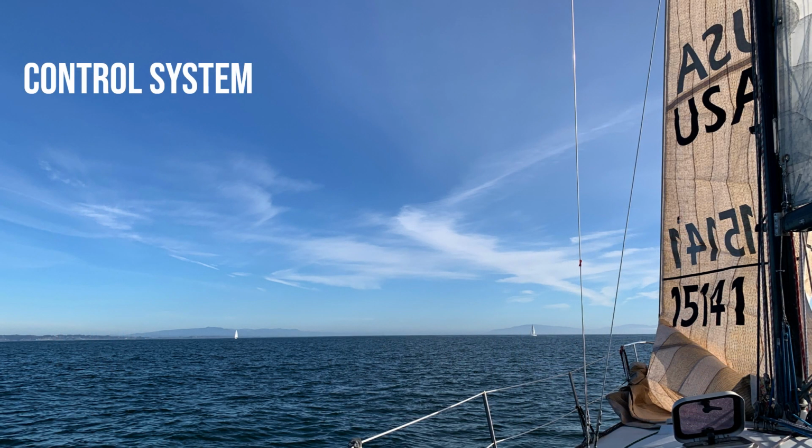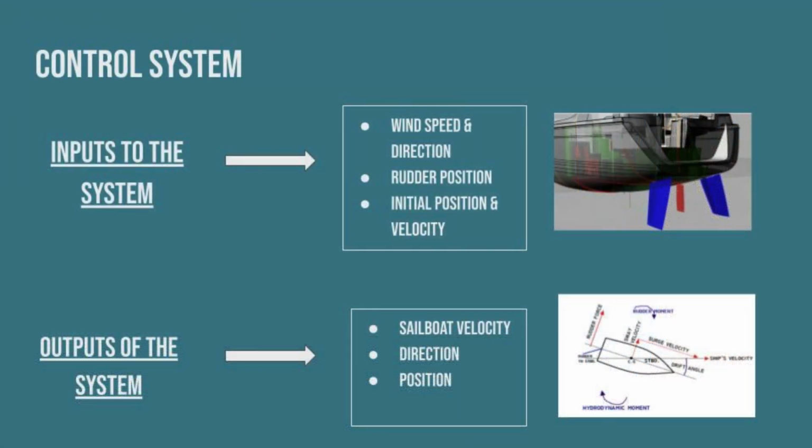trajectory. The inputs of the system include wind speed and direction, which determines how the sailboat will interact with the wind, rudder position, which is controlled by the sailor, and initial boat position and velocity, which is the initial state of the boat before any adjustments are applied. The outputs of the system are the boat velocity and the direction and the position of the boat after maneuvers